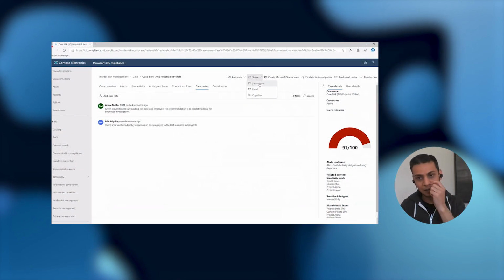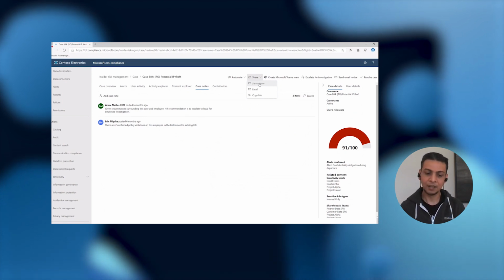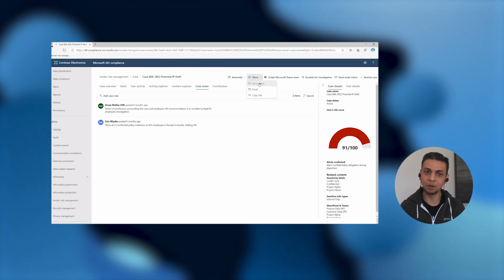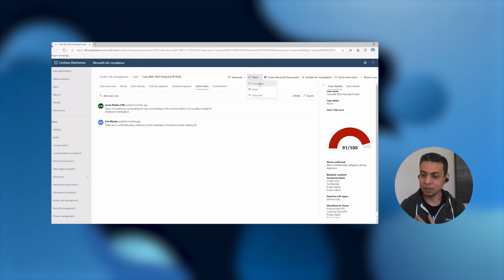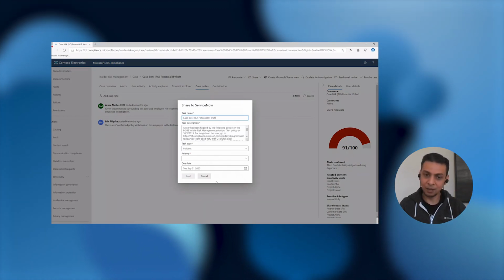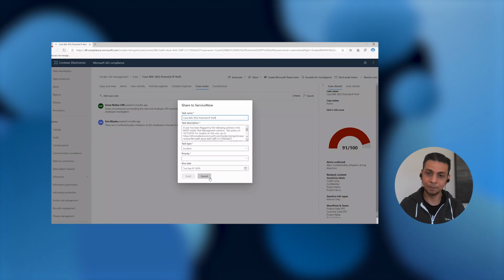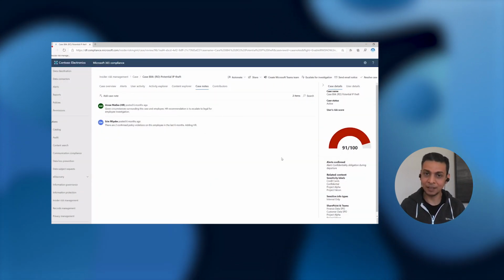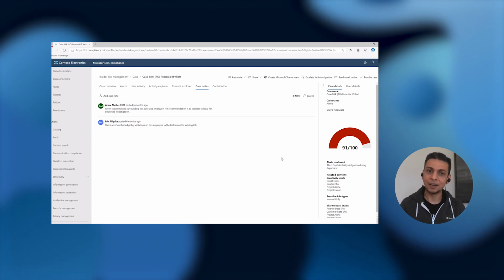Another thing we announced at Inspire just 2 months ago is the ability to integrate with ServiceNow, for example. So if you're using a solution for ticketing or just case management or what have you, you can actually, with one click of the button, have the information available in ServiceNow as a ticket, so you can track it there as well. Yeah. Another thing that we introduced back at Inspire is this ability to export the alerts for